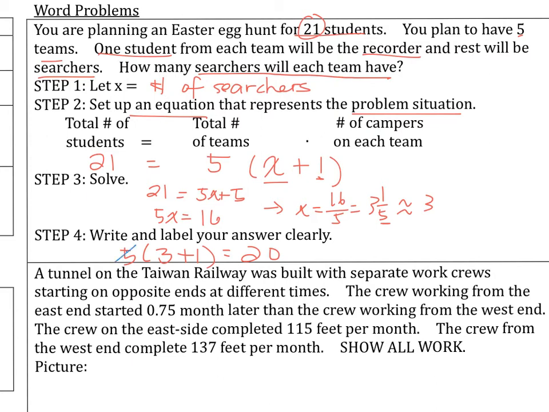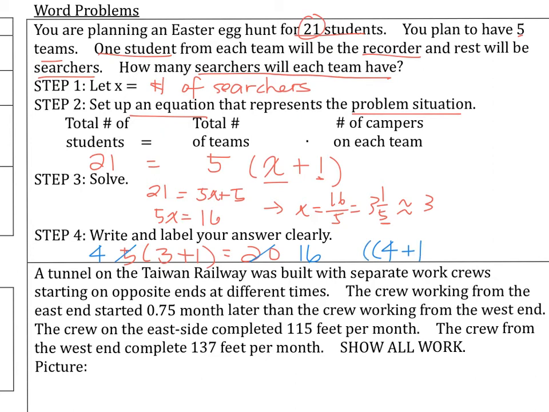Maybe if I make this 4, then this would become 16. And this would make more sense, and therefore I could have one more team with 4 searchers plus 1 recorder,